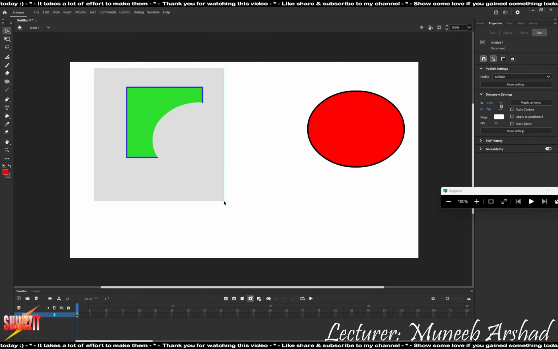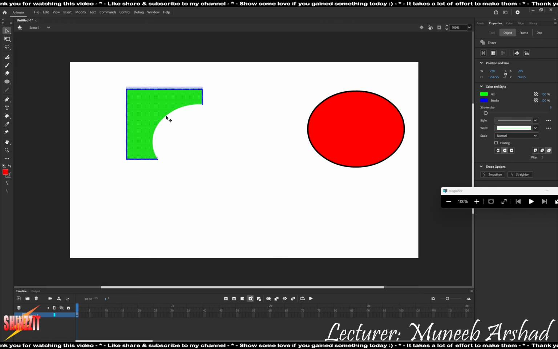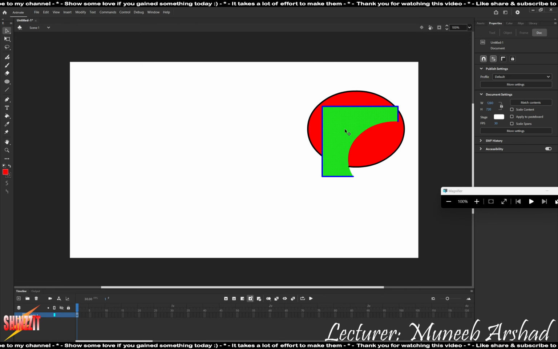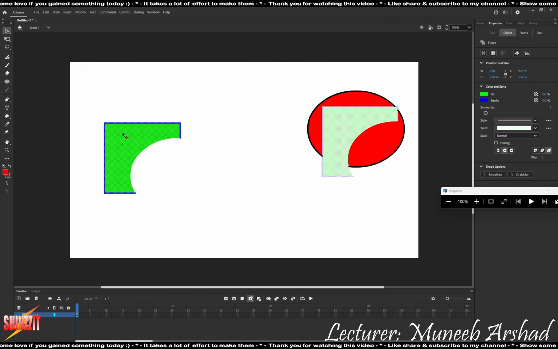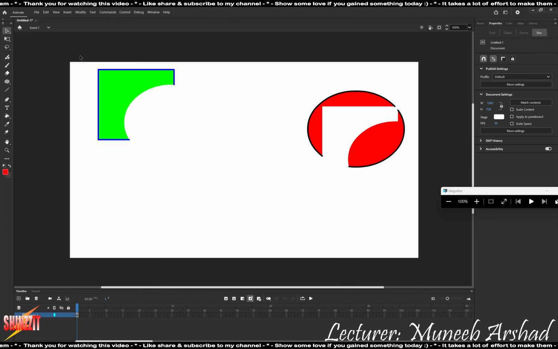So again, if I draw a selection area over this particular shape, this whole thing is going to be selected. I can move it, place it over here on top of the circle, deselect, double click again my shape and place it somewhere else. You can see the overlapping section gets removed. So you need to be careful when you're drawing shapes and you're overlapping shapes on the same layer. Whatever the overlapping is, it will get removed. Keeping the shape intact, you will have to make use of the layers. We're not going to talk about layers right now. ठीक है जी, इतना क्लियर है